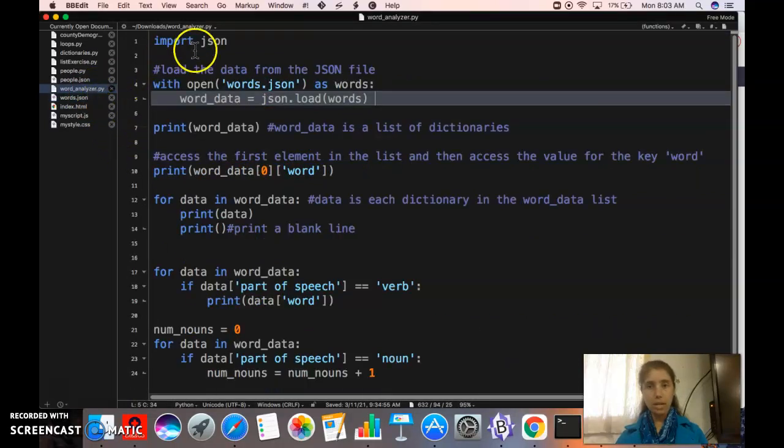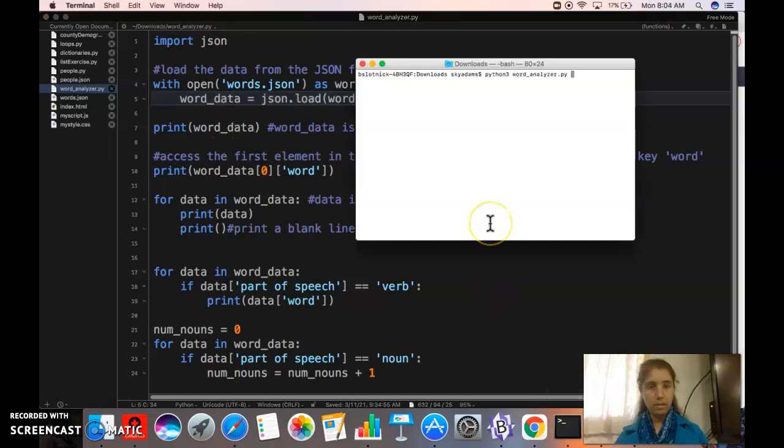So here we have the import statement so that we can use our JSON library. We're loading in our data and storing it in word_data. So word_data is our list of dictionaries. And then we can print word_data just to make sure that it loaded in properly. And when we do that,